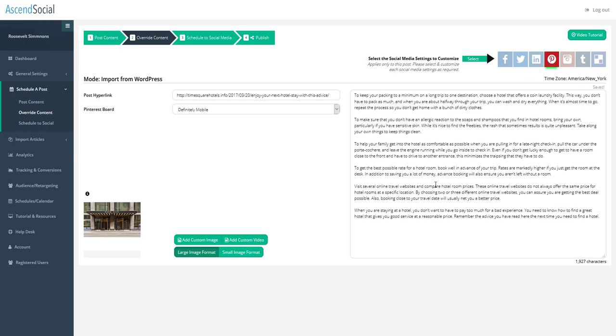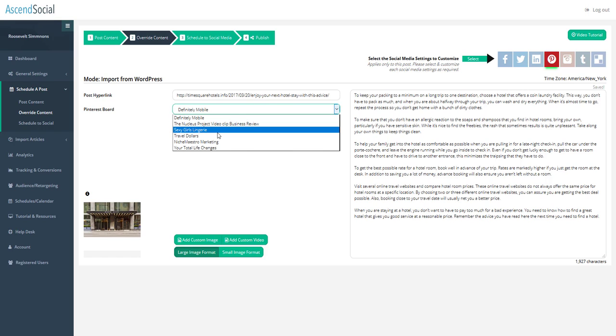Now Pinterest is going to be a little different because here you're going to have the option. You still got the hyperlink. You're going to have the option to pick out what board you want this to go out to. Okay, so I'm mobile for now,